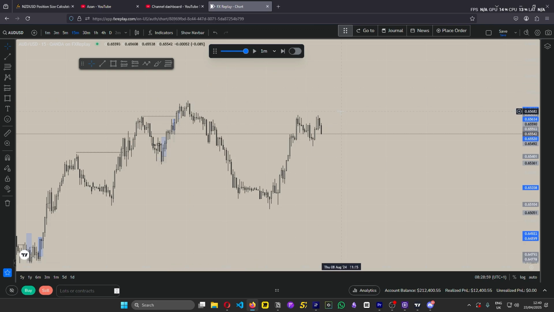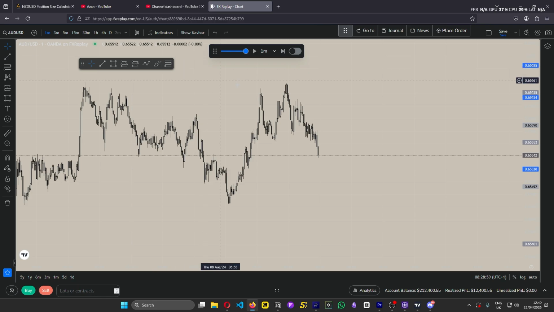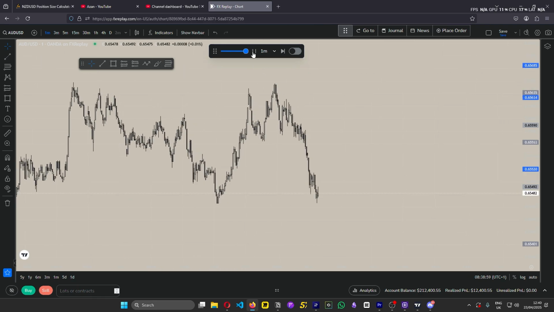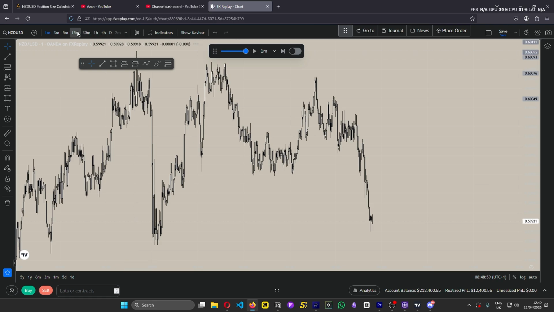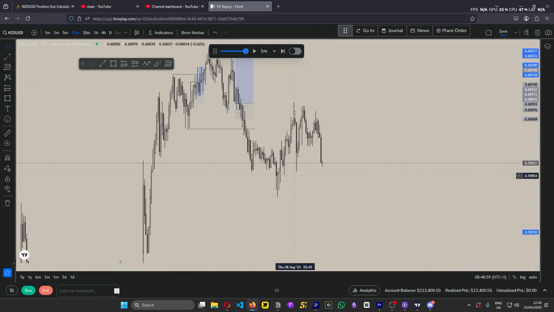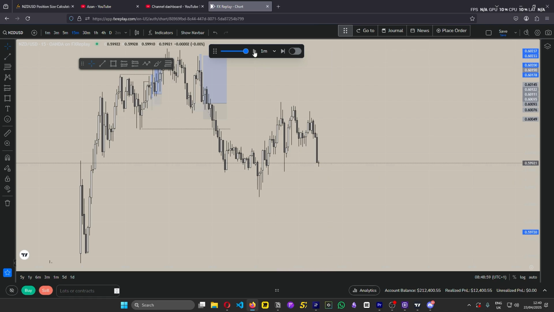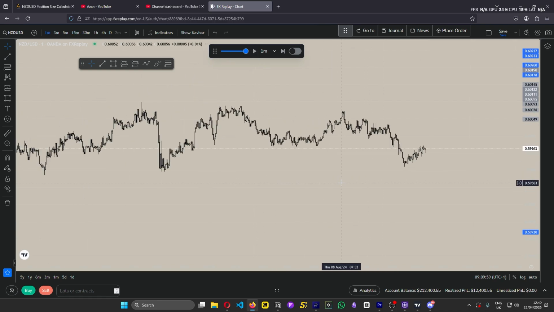So all I'm going to do is wait for price to shift back to bullish, which it did right here. And then it shifted back down. So I'm not going to take anything. I'm going to be waiting. NZD, what's NZD doing? We just shifted up. Bullish. Maybe this is the zone where we start to go back up. But we're definitely going down right now. So I'm not going to take anything.